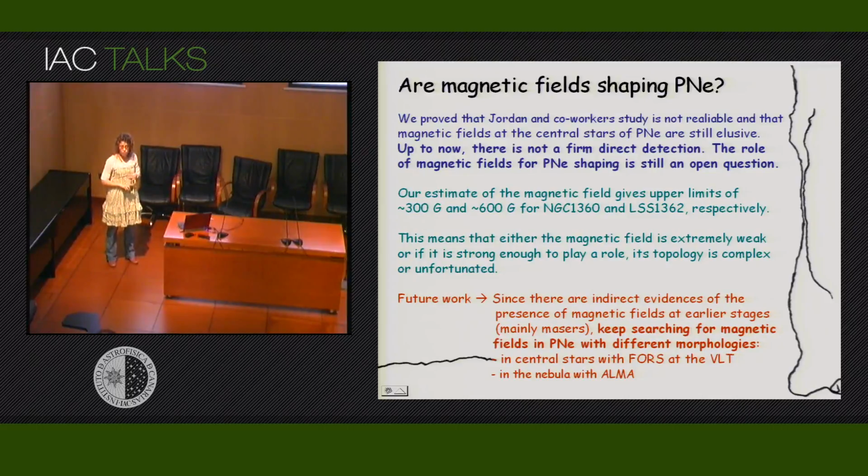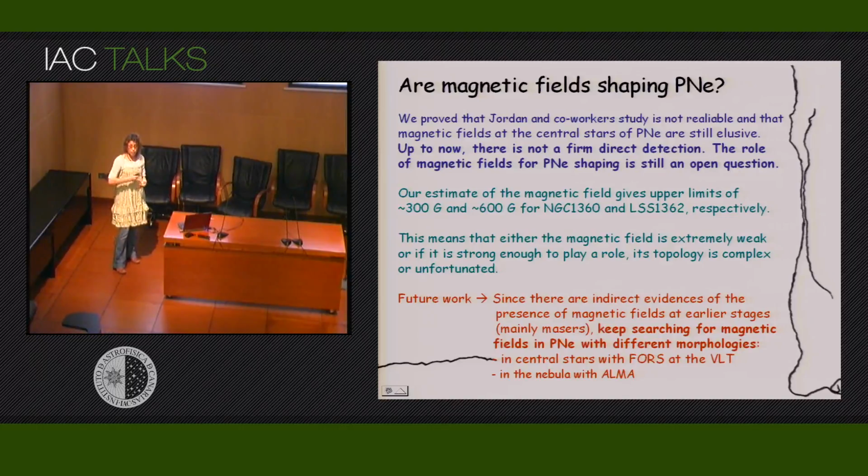And the last is that as we measure the longitudinal component of the magnetic field, it can also happen that the configuration is mostly perpendicular to us. So in principle, the signal is also diluted, but the magnetic field can be strong, but perpendicular to us. So, because this is still an open question, we decided to continue studying this subject,